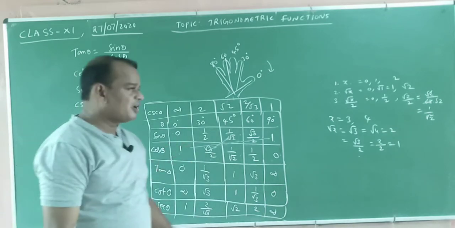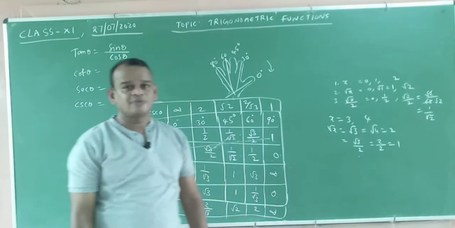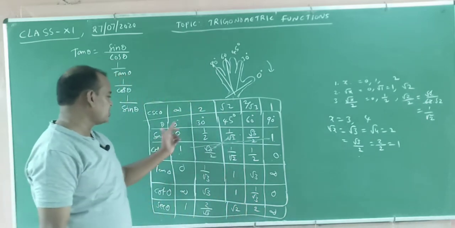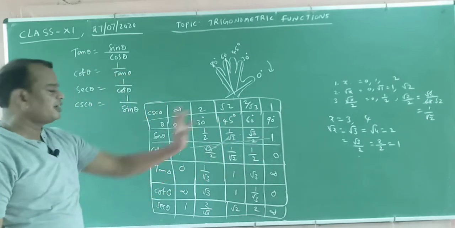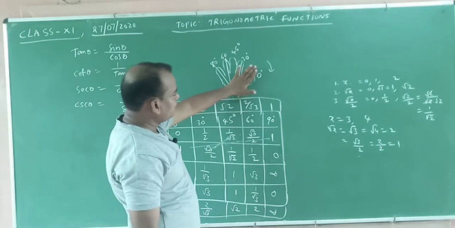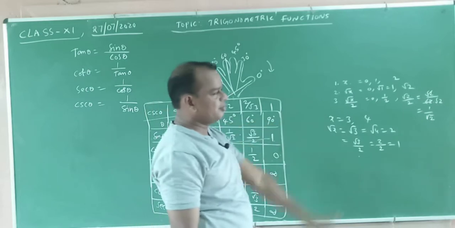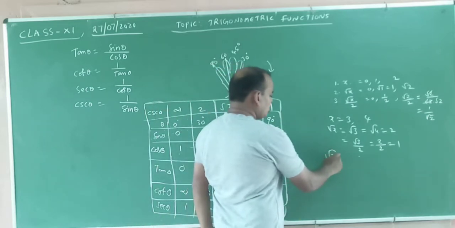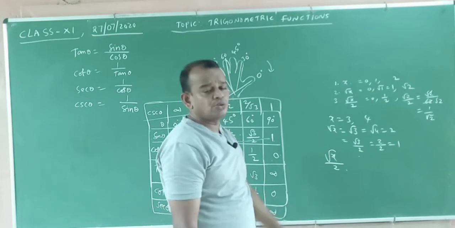These are the trigonometric values from 0 to 90 degrees. Remember, what is the value of sin theta? Sin 0 is 0, sin 30 is 1 by 2, sin 45 is 1 by root 2, sin 60 is root 3 by 2, sin 90 is 1, by using the finger method. Here 0 degrees is there, on the right side how many fingers are there? No fingers means, what is the formula? Directly write the formula root x by 2.